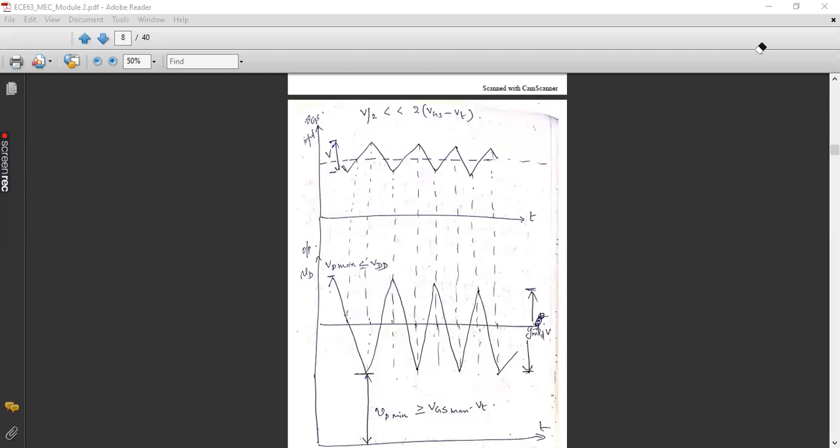So the amplification factor is GM into RD. The output peak to peak voltage will be gain into input, right? Output is gain into input. Gain is GM into RD as per our analysis. So GM RD into the input. Input is V. So that is the overall output voltage. So GM RD into V is the peak to peak value of your output signal. So by carefully designing the resistance value RD, we can find the gain.